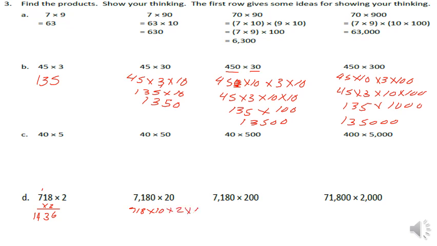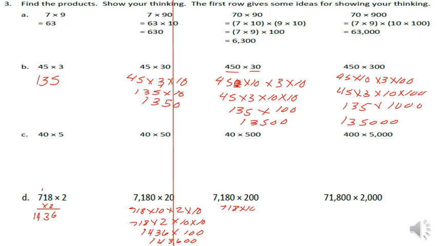times 2 times 10, which gives us 718 times 2 times 10 times 10, which we just solved over here. We know that's 1,436 times 10 times 10, which is 100. So now we know we're going to have 1,436 hundredths. Next one is going to be the same,